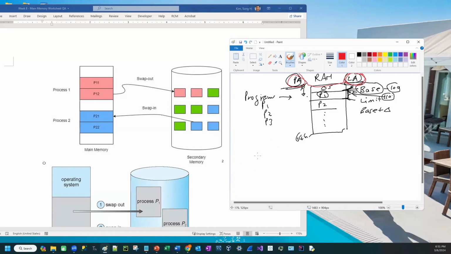Here's the RAM, and here is process one, and you want to put it into the solid state, maybe because the RAM is all packed, so you want to swap in with PX here. But when you put this P1 here, you can't just put P1 and be done with it, because